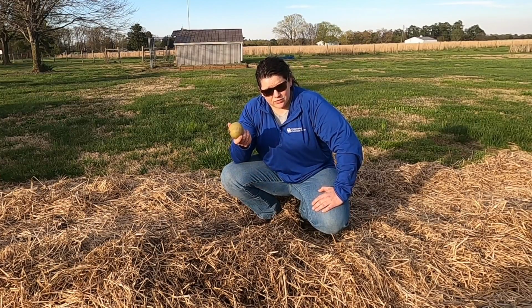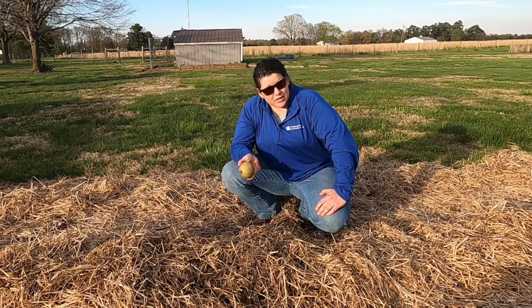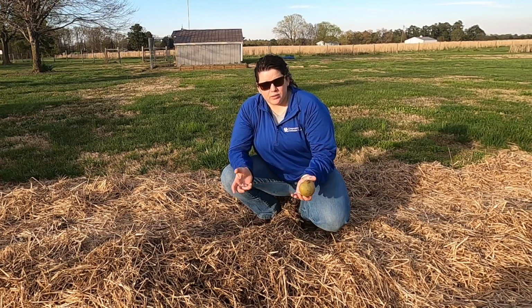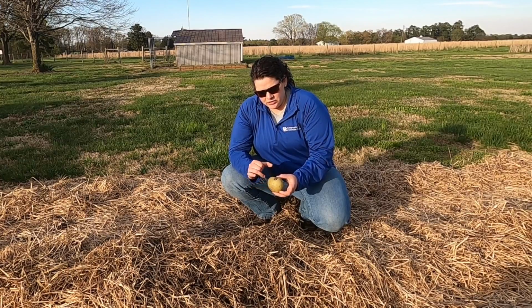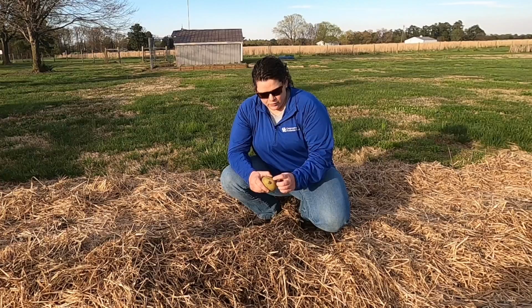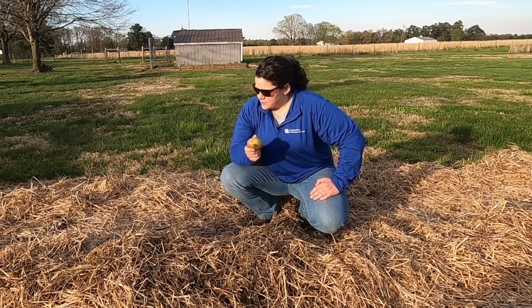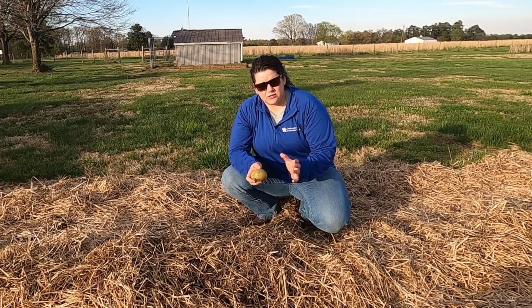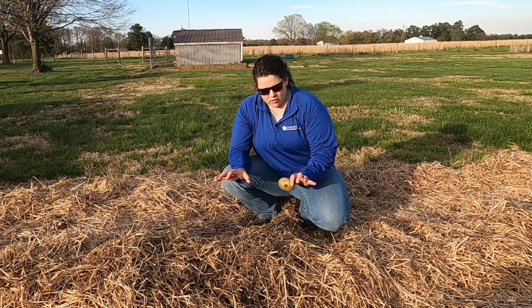This is not from a certified seed distributor. This is one that I left in the pantry too long. But anyway, you can see the eyes on the potato, and if you don't know what I'm talking about, you might look that up. You can see this one here is actually already started growing, and there are some other ones that are starting to sprout out. So you want to take a potato, cut it up into pieces with at least 3 eyes per piece,